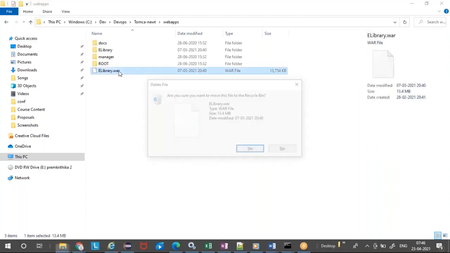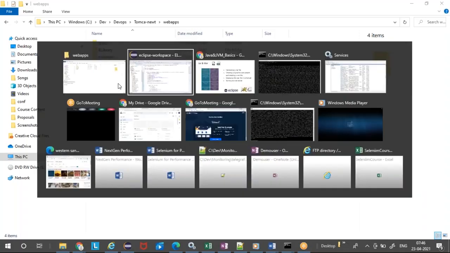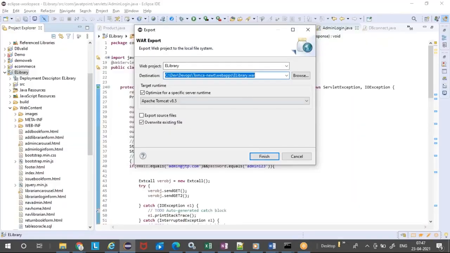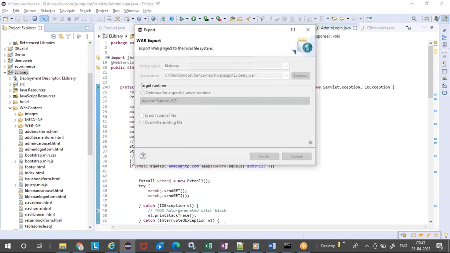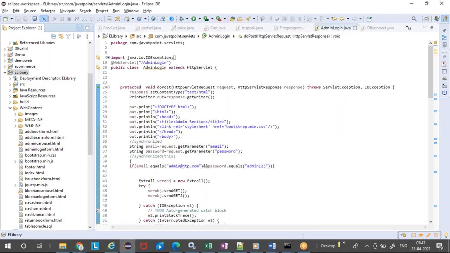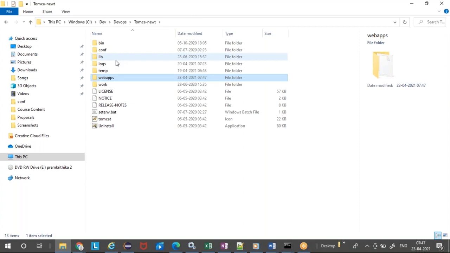I'll just delete it. You need to save that war file here. So I'll save, finish. I'm just going to extract the entire e-library application here.